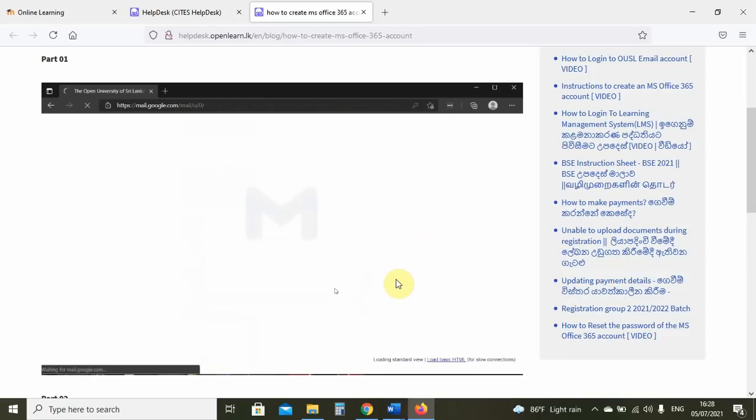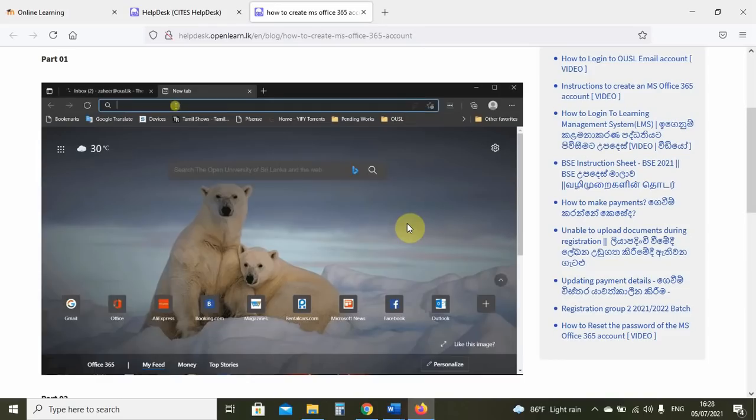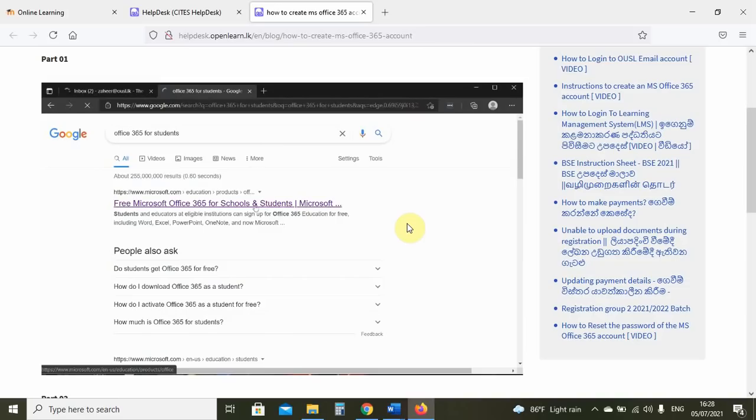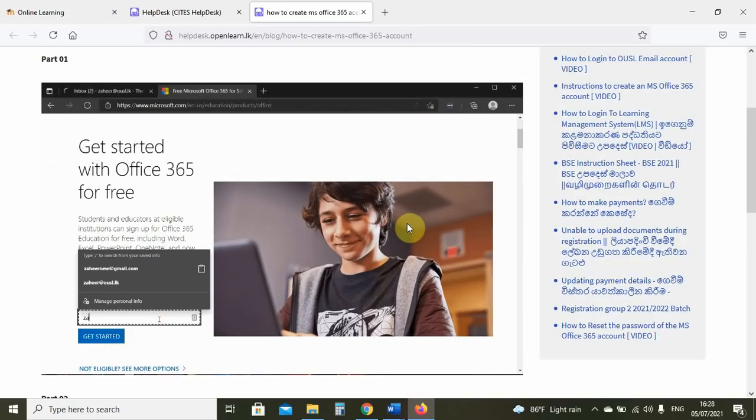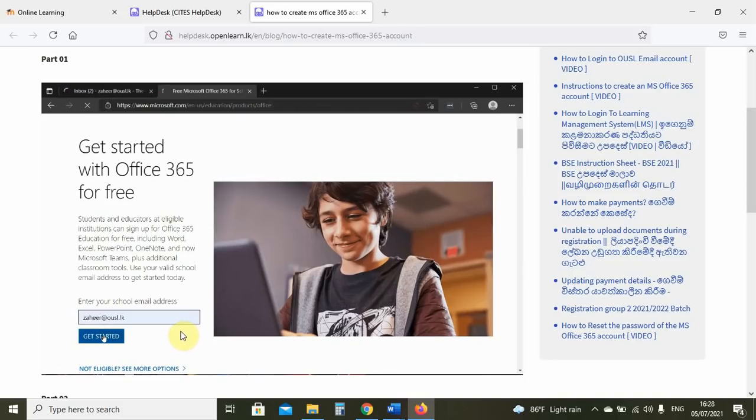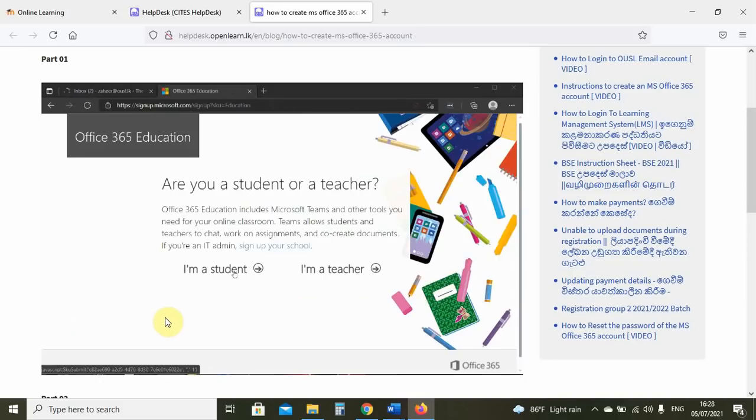And then you will see he is searching for this free Microsoft, which is the link that I gave you, and creating a new account by entering the school email address.